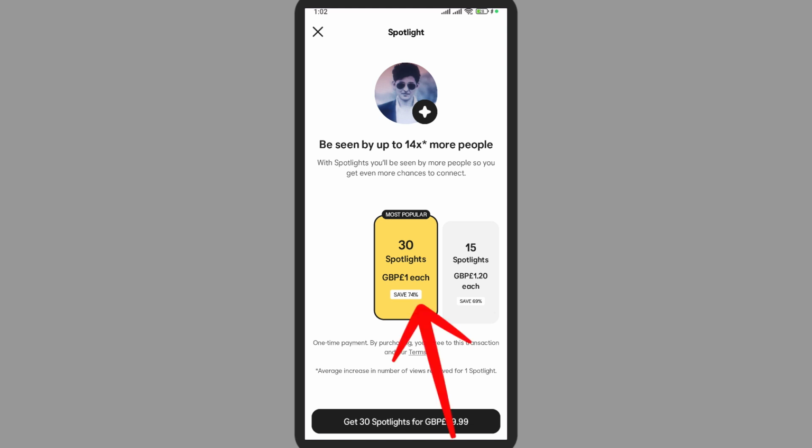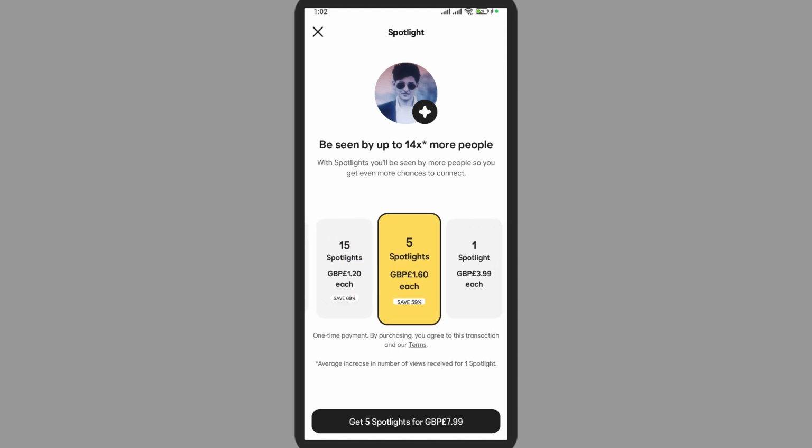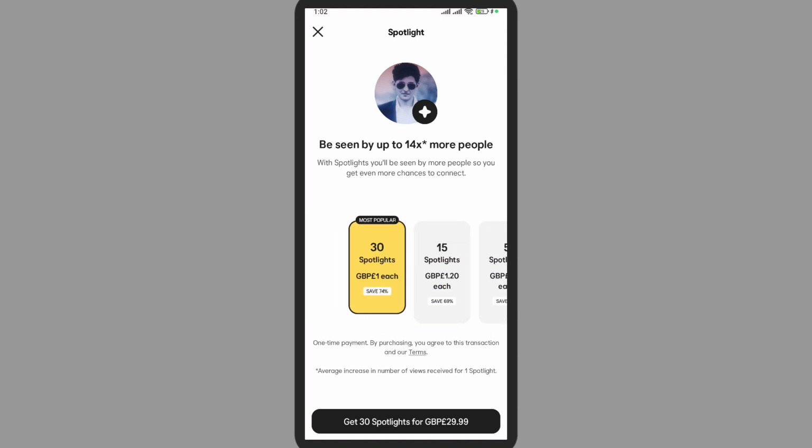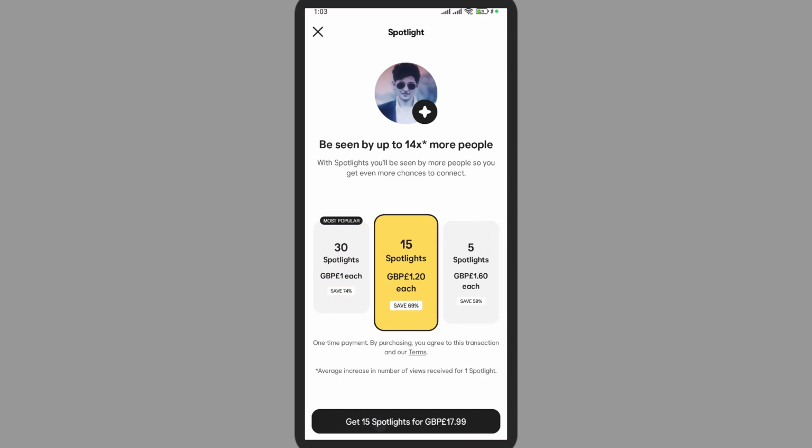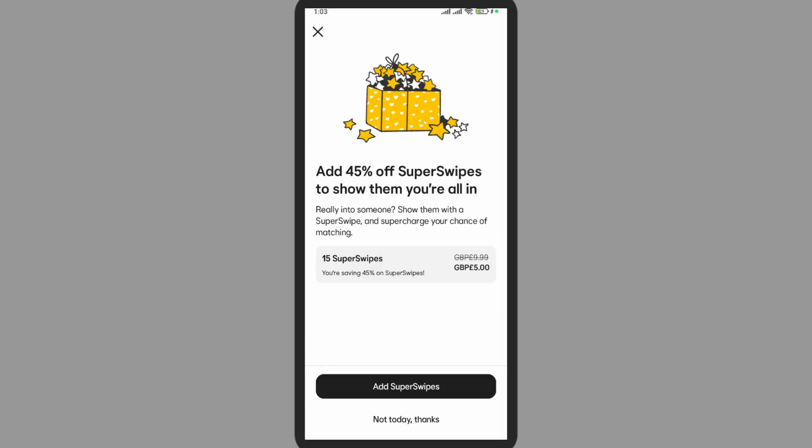So here there are different memberships and you can obtain them by simply purchasing them. Here you must add your debit or credit card, and here you'll be able to see different offers that are available. So make sure you're using your real money here. So simply tap on Get Spotlight, and here you must add all your credentials, and later it will be deducted from your bank account, and here you'll be able to have different